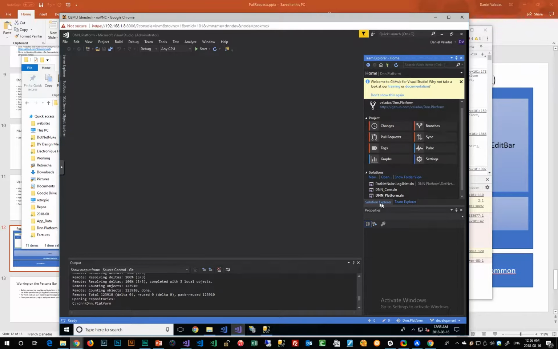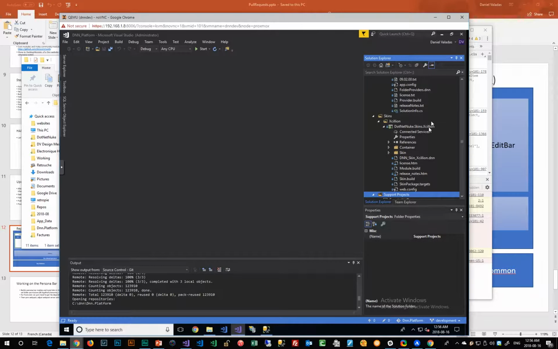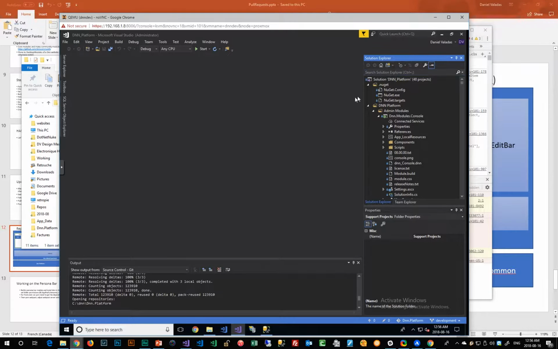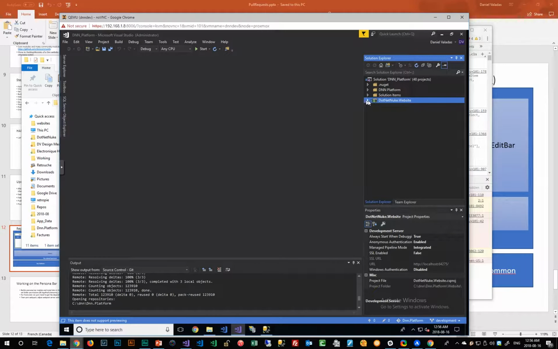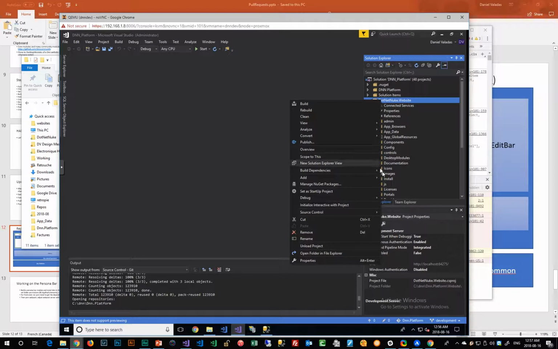So we're not going to install a website from this folder. For some reason, when you open a new solution in Visual Studio, everything comes out open, so I like to clean up and close at least the first level of folders so we have something that we can work with. So DNN website, this is the website folder that we got that we're not gonna run off. It's just an output path for the other things. And if you build the DNN website project, if you go here and build it, it's gonna generate inside of the bin folder,